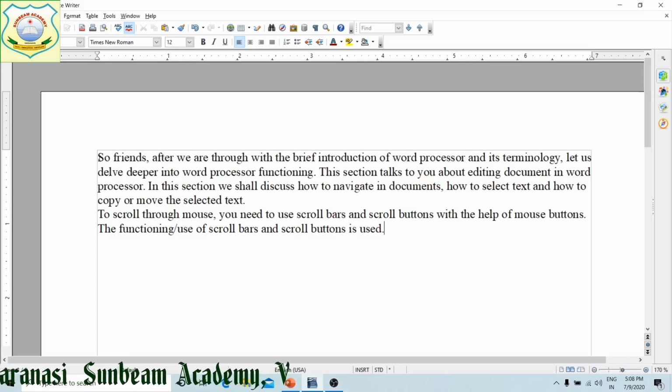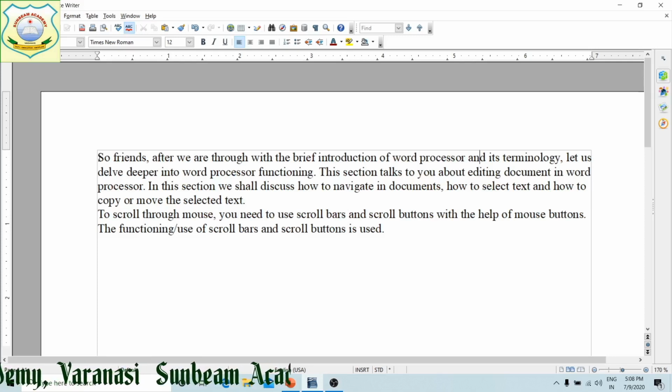It will go at the last of the document. If control left arrow key, it will move one word. Now you can see word wise it is moving towards left hand side. Control left, control right, word wise it will move towards right hand side. This is the movement of your cursor on your document.